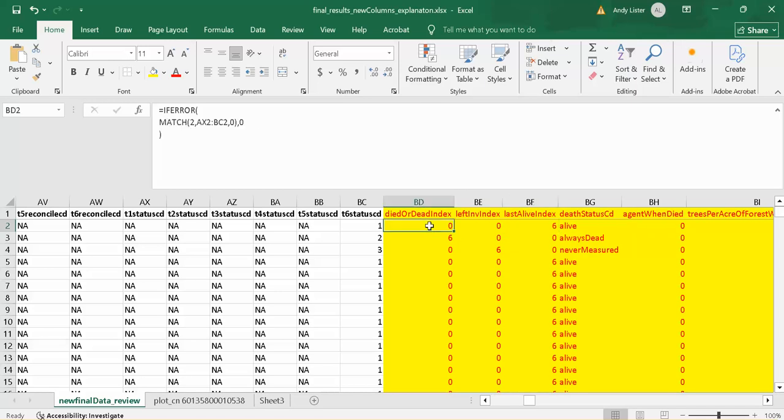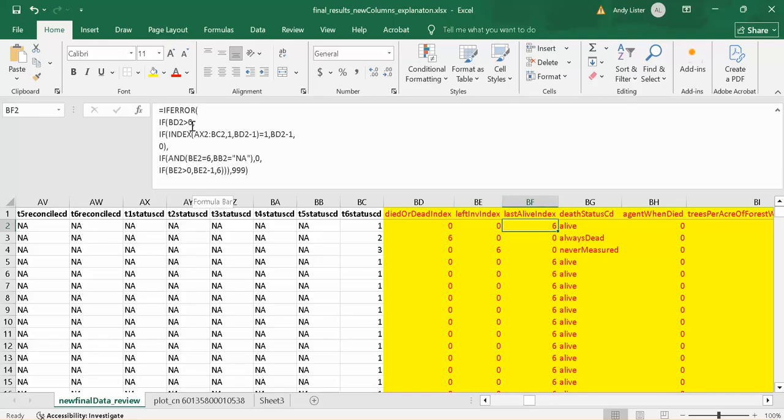Okay, so for the next thing, we have the last alive index. So as we have the column index where it might or might not have died, which time period it occurred, column 6, we have a number here for the column index where it was last seen alive, which is kind of funny. Last seen alive. In this example,